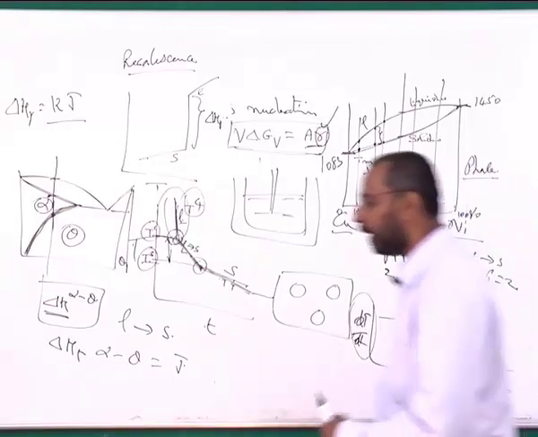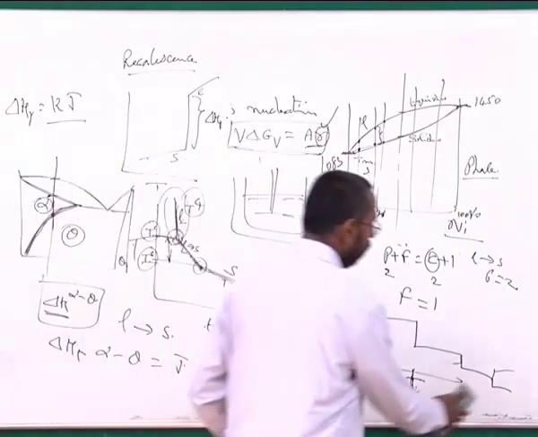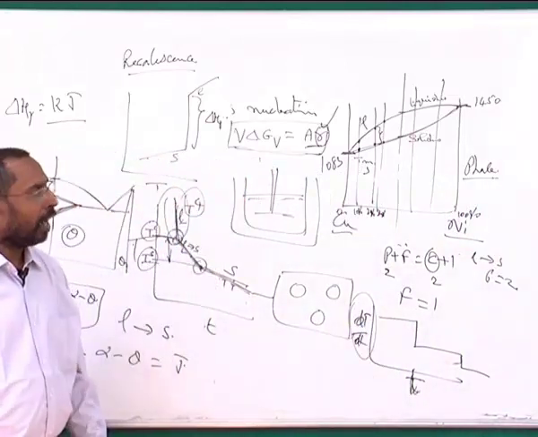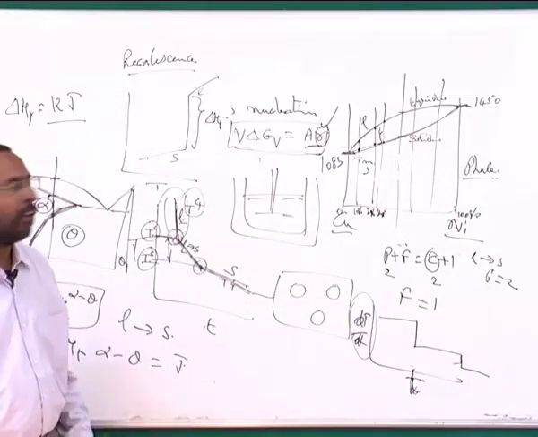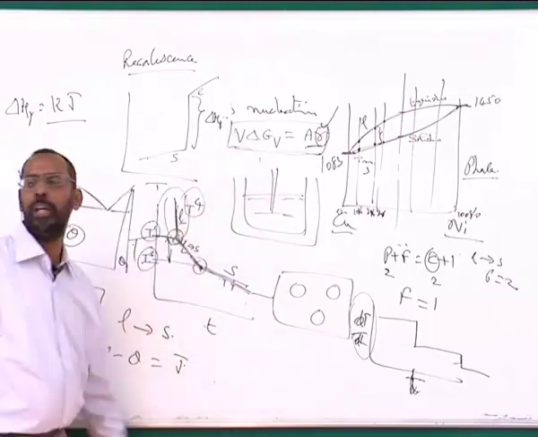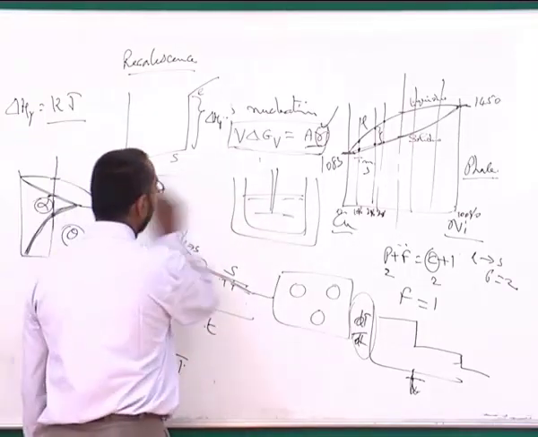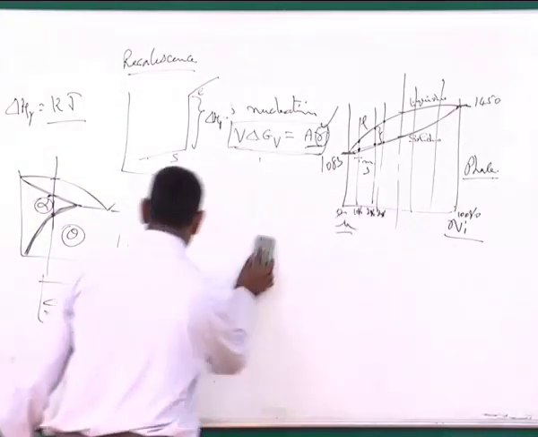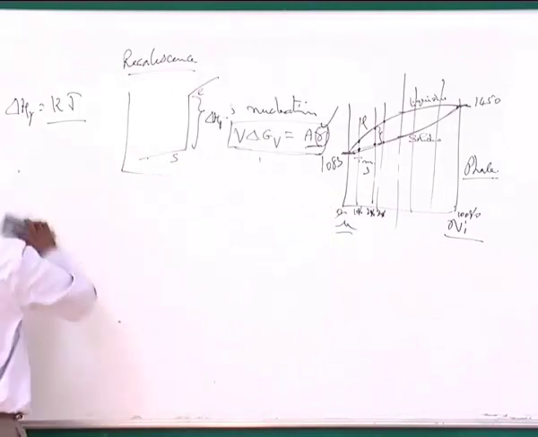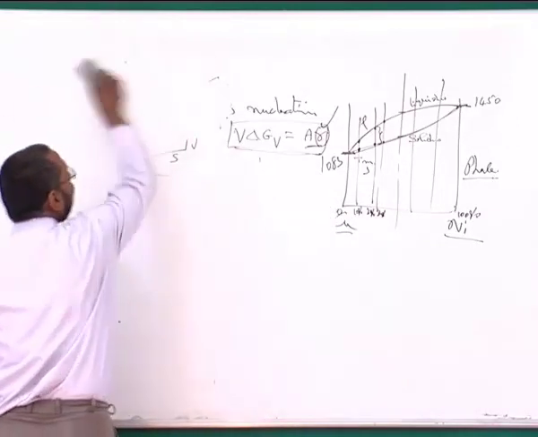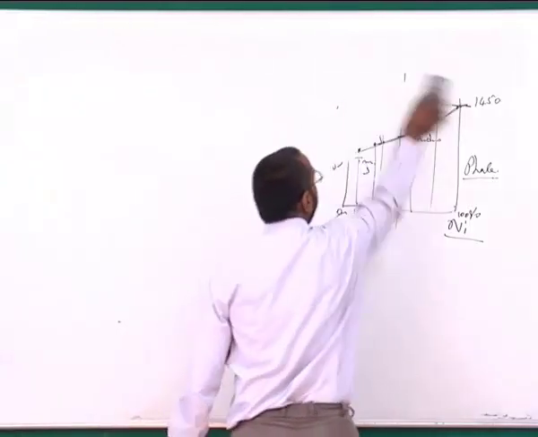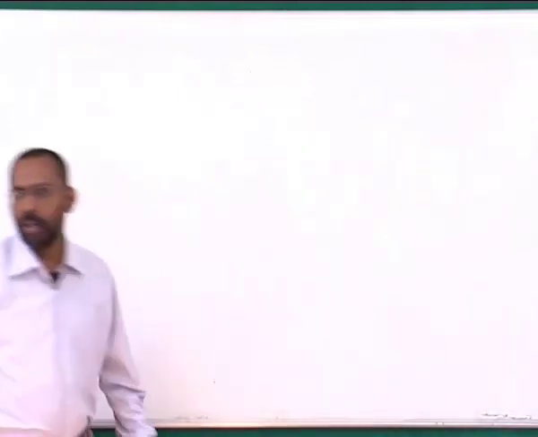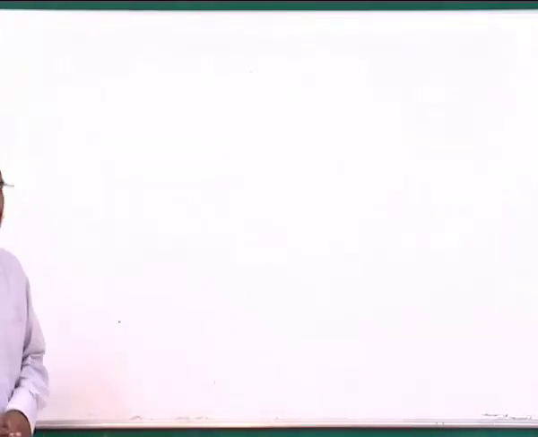But because this delta H difference is so small, we usually do not see much difference. To understand these kinds of differences, we do not use a normal cooling curve technique, but a special technique called differential thermal analysis. That is where a special technique has evolved, called DTA, for understanding particularly the transformations that are happening more in the solid state than the liquid state.